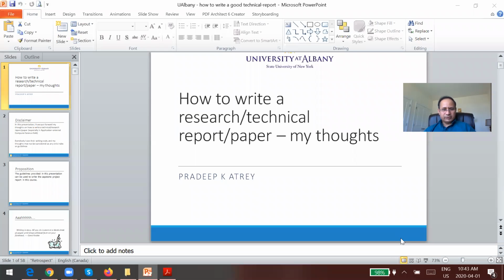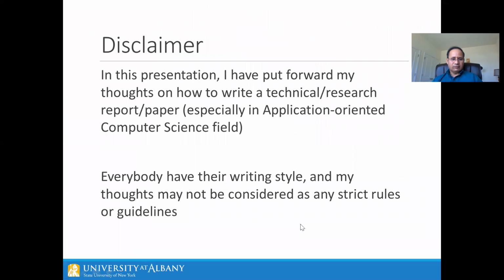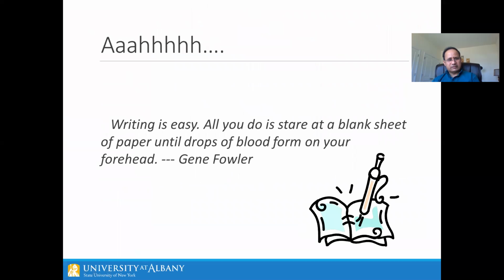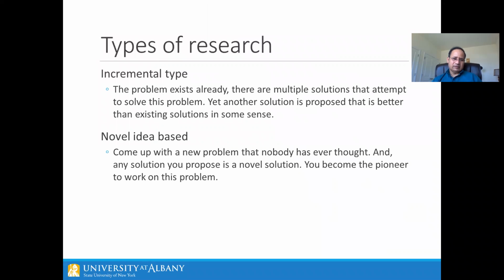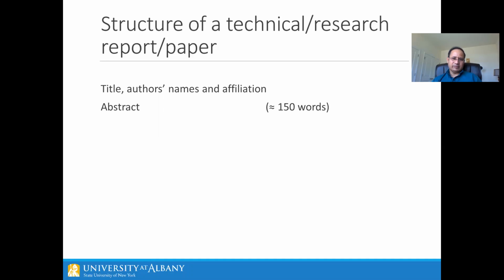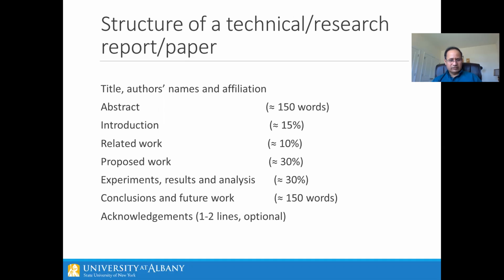Okay, we'll continue talking about this today. In the last class, we started this topic, this lecture on how to write a good technical report or a research paper. What we've done so far is discuss the different sections we may have in the paper. We may have abstract, introduction, related work, proposed work, experimental results, analysis, design, etc., conclusion and future work, acknowledgement and